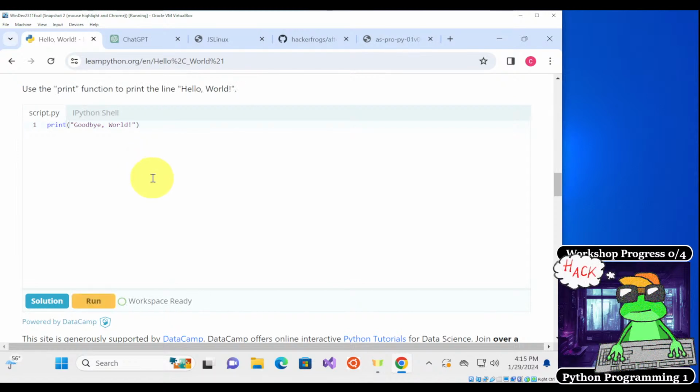Okay, so I'm going to wait a little bit. I want you all to try to do this by yourselves. So simply modify the text over here so that it prints hello world instead of goodbye world. And if you get the OK after you press the run button, please type in I got it in the chat, followed by a big smiley face.